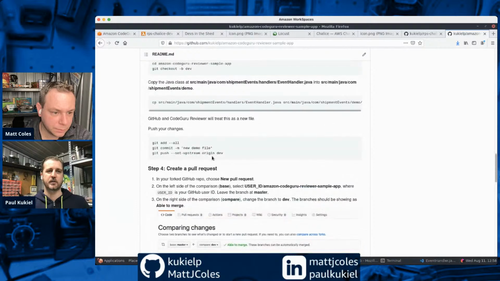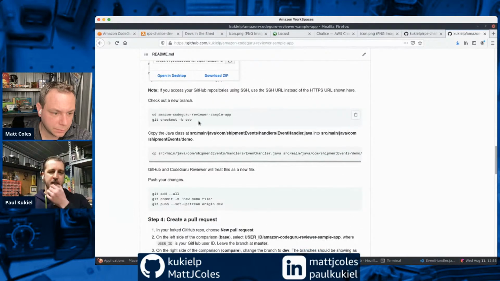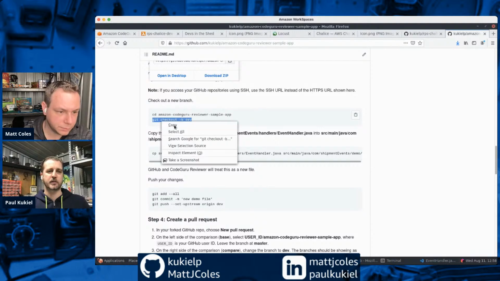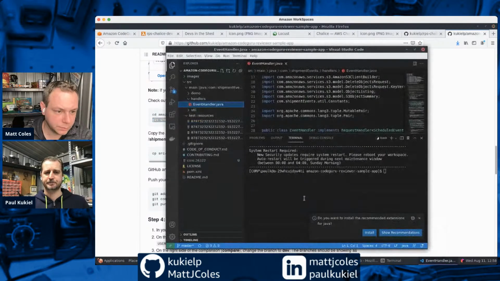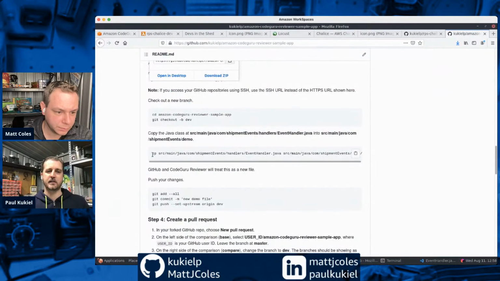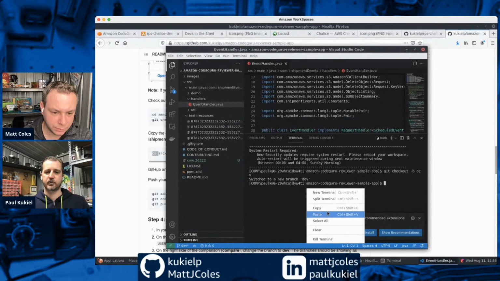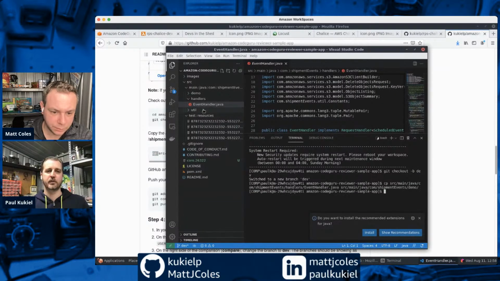here we go. The next step is to check out a branch. So this is normally what we would do. We'll check out a branch in our app. So we've created a new branch called dev. We're going to copy this file. I'll just click this here. And I'll show what this is that we're going to do. So there should be a new file now in